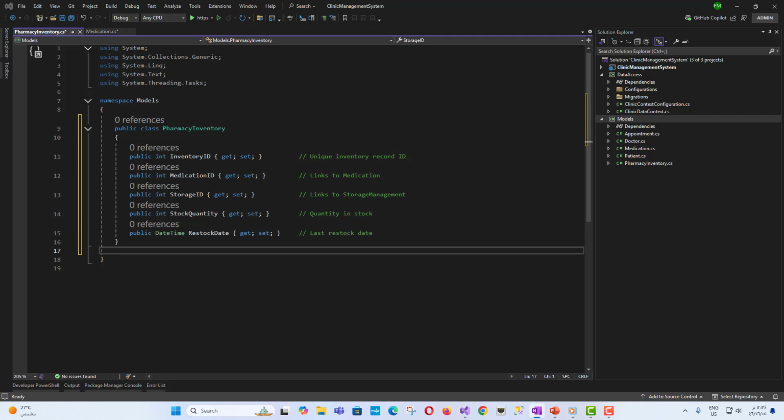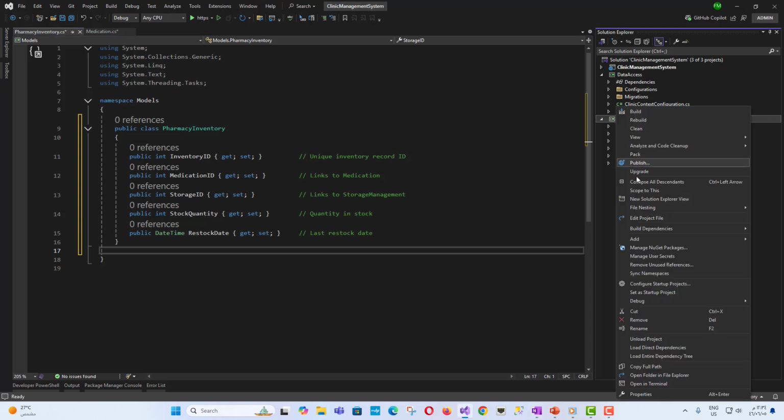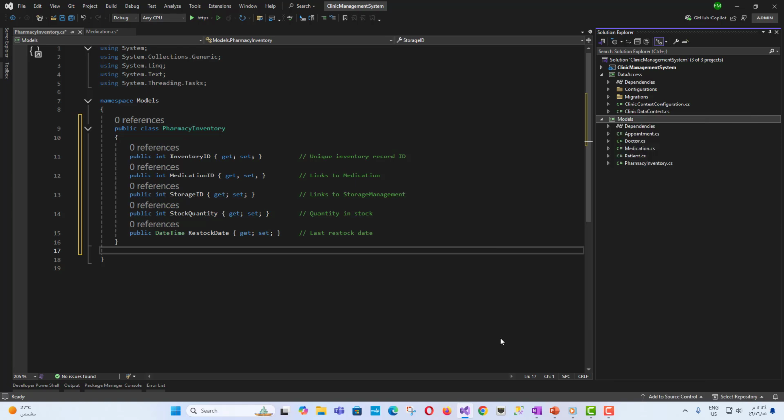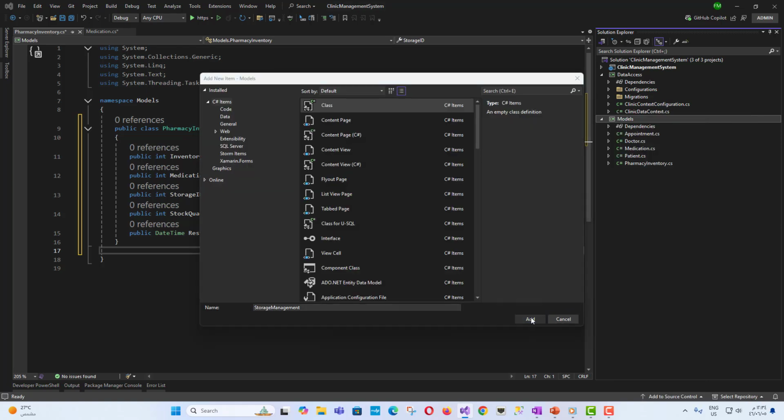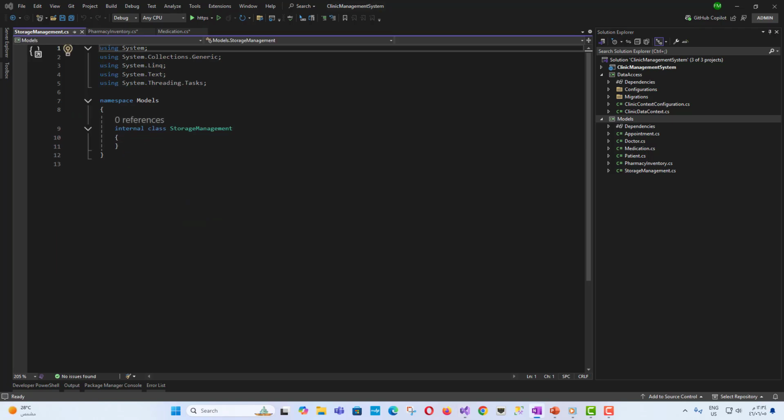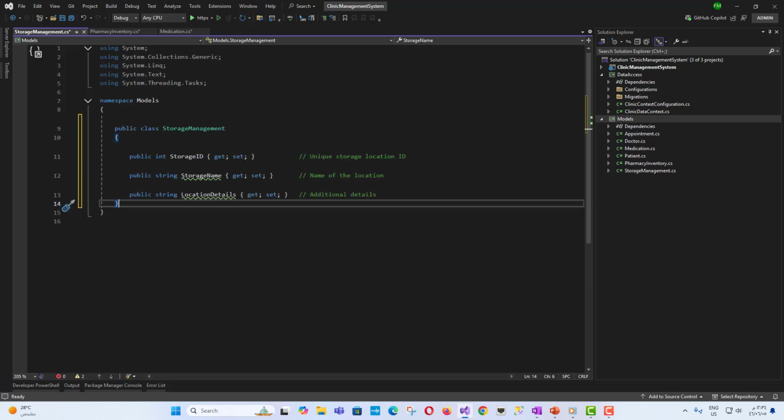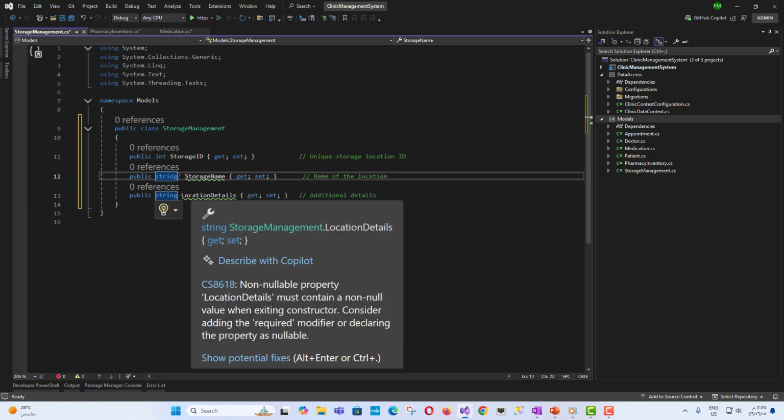Also, we will create the storage management model. It defines various storage locations, such as the pharmacy cabinet or cold storage. Public class StorageManagement. This class will have the following properties. Public int StorageId { get; set; } - unique storage location ID. Public string StorageName { get; set; } - name of the location. Public string LocationDetails { get; set; }